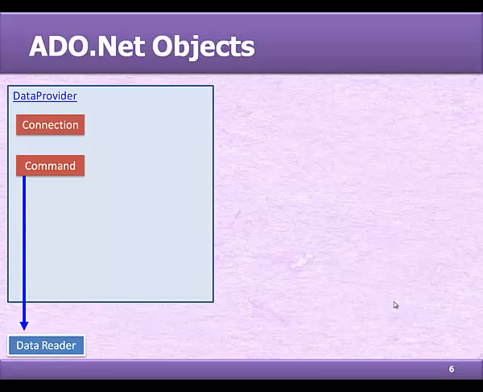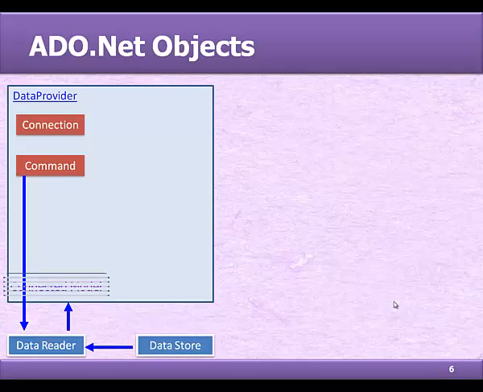So if you are firing a select query, the select query will fetch the records from the database and keep the collection in the data reader object. Now the data reader object reads data from the data store and the connection is maintained continuously, hence it is called the connected model. So in the connected model,